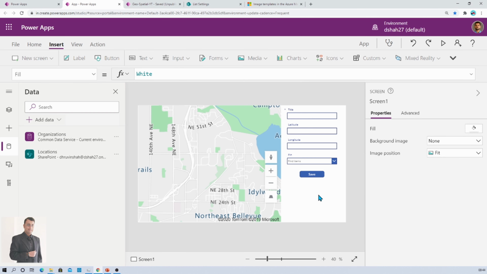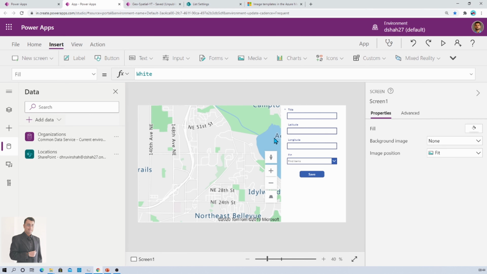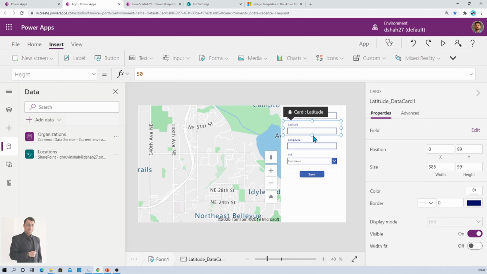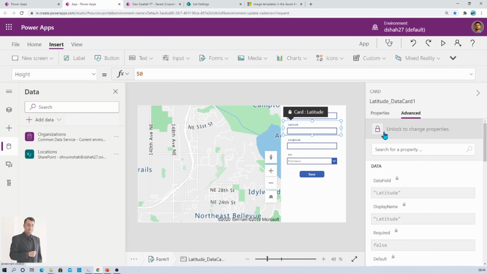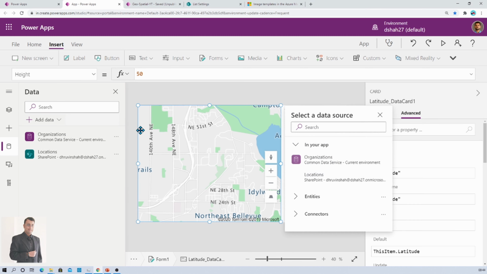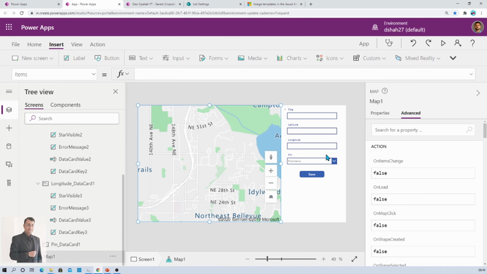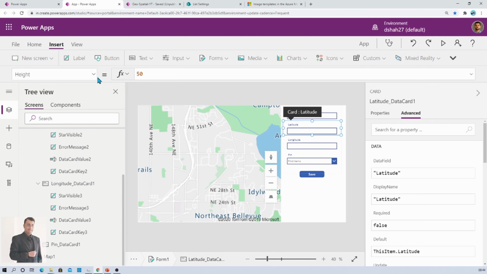And now let's add one more thing. Whatever location I'm selecting on the map, I need the selected location's latitude and longitude from here. So I just need to select the Default code, unlock the card. Similarly for both. And now for latitude we simply need to type whatever the ID of the map. So the map's ID is map1. So we just need to provide it here in the Default code.